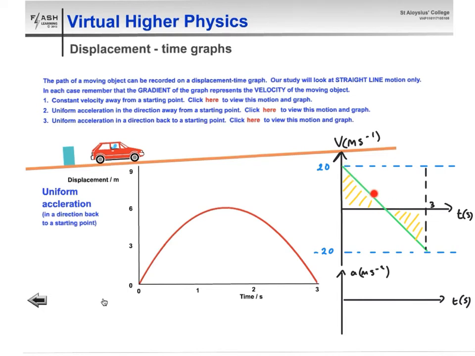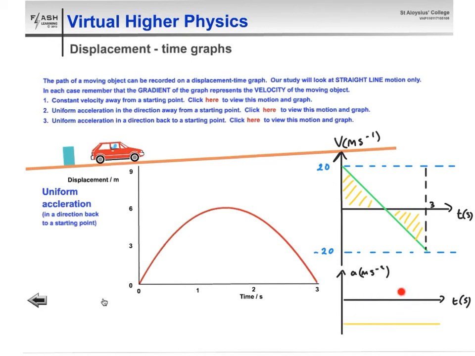So that's a negative gradient there, which means that the acceleration is negative and constant. But you do notice that when it crosses over to the negative part of the graph, it doesn't change. So you still have the same slope, the same gradient, and it's still a negative gradient. So that means that the corresponding acceleration time graph is just going to be a constant negative acceleration. And that's probably the one